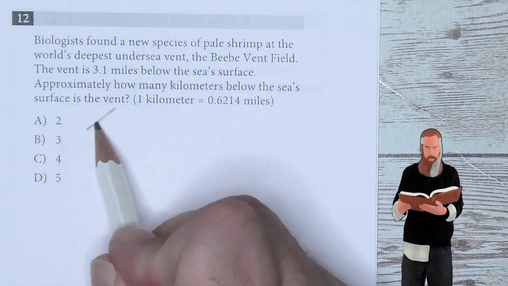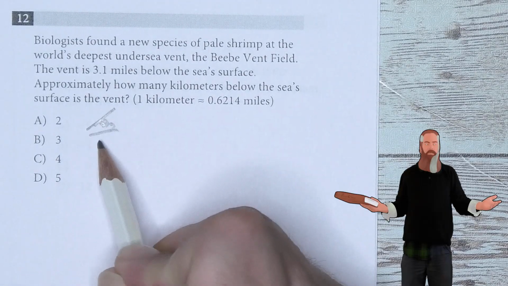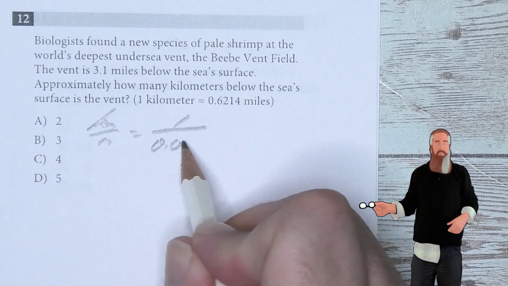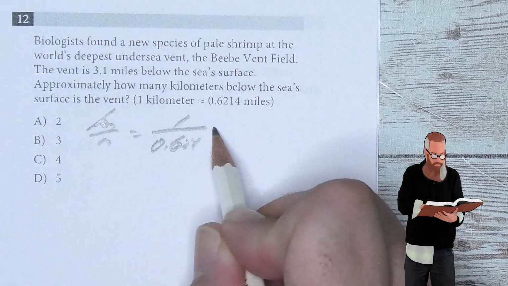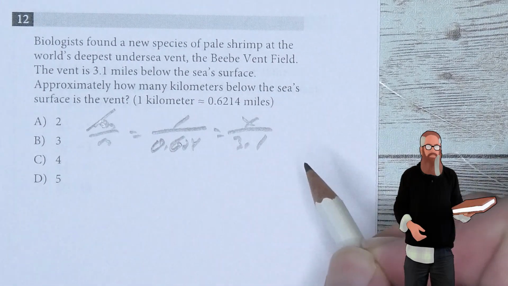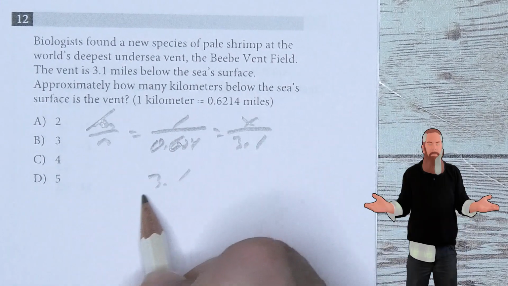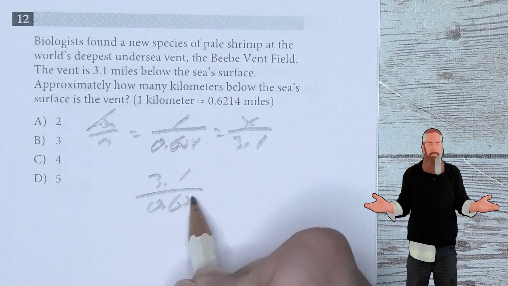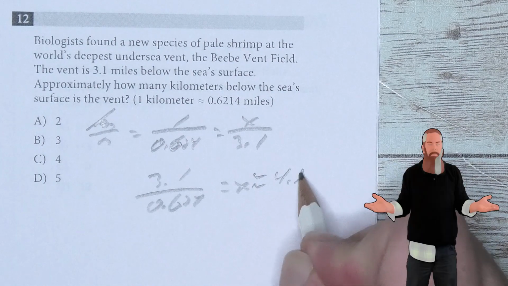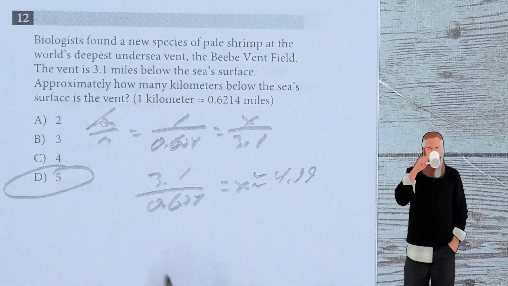We're looking at setting up a ratio that's going to be kilometers over miles. And we know that 1 kilometer is equal to 0.624 miles. This is going to be equal to X over 3.1. So 3.1 divided by 0.624 is going to be equal to X, which is approximately 4.99, or 5 is the